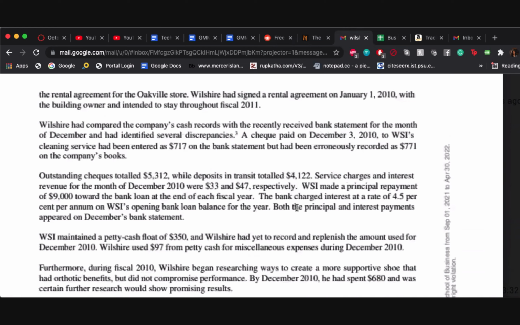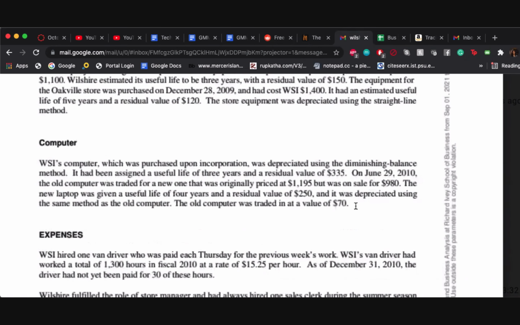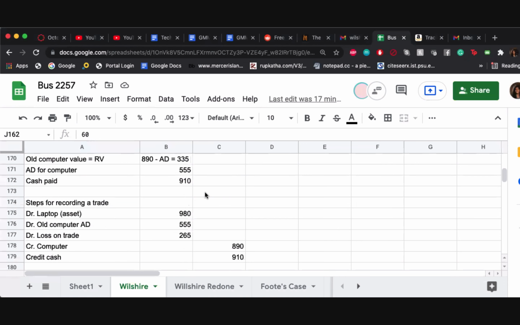So next up, we traded it in for $70, if I remember correctly. So the old computer was traded in at 70. We know for a fact that we made a loss on this trade. And the new laptop was given a useful life of 4 years, residual value 250, depreciated using the same method. Okay, so to record the trade,